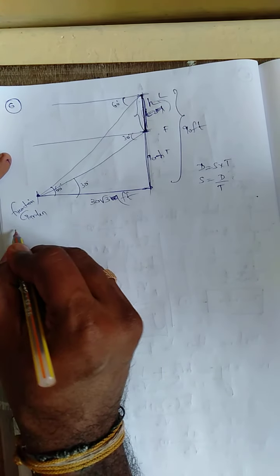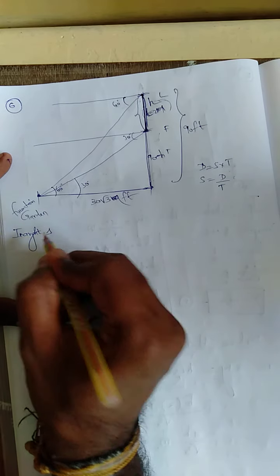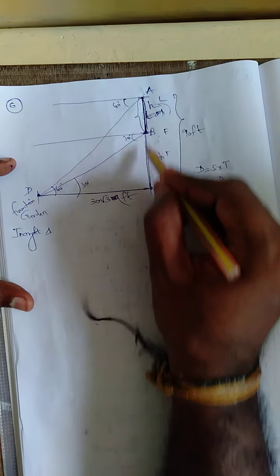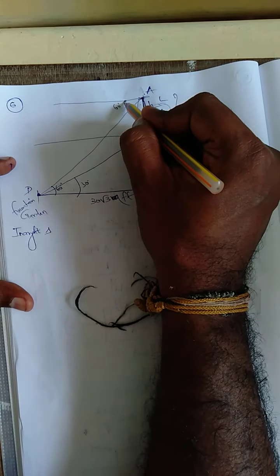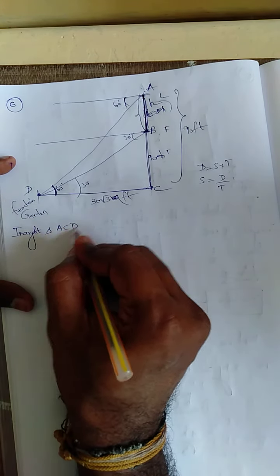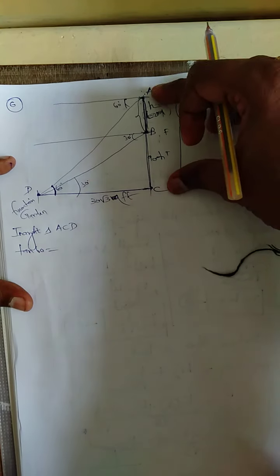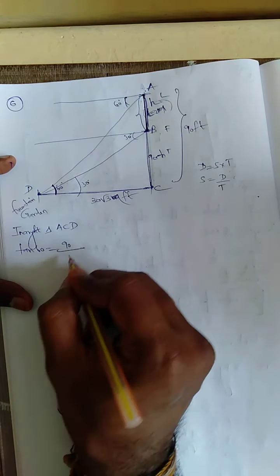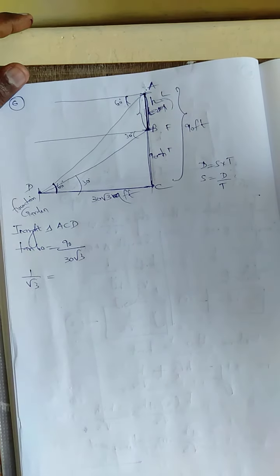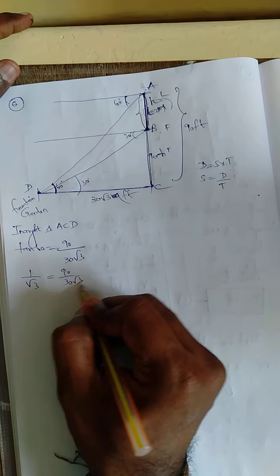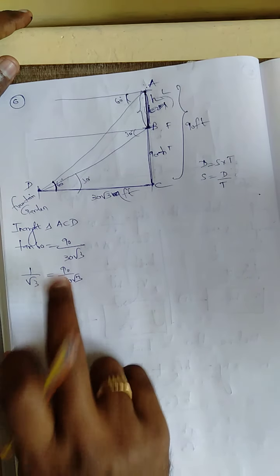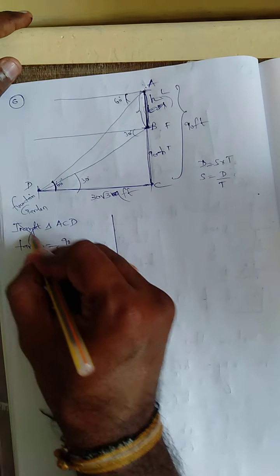First, in a right triangle, I will name A, B, C, D. In the right triangle ACD, I have taken the big triangle, full 60 degree. For ACD, tan 60 is equal to opposite. What is opposite? 90. Adjacent is 30 root 3. Tan 60 is root 3. See, 90 by 30 root 3. There is no x, there is no y, there is nothing, we can't find anything using this. Okay, so it is not useful.